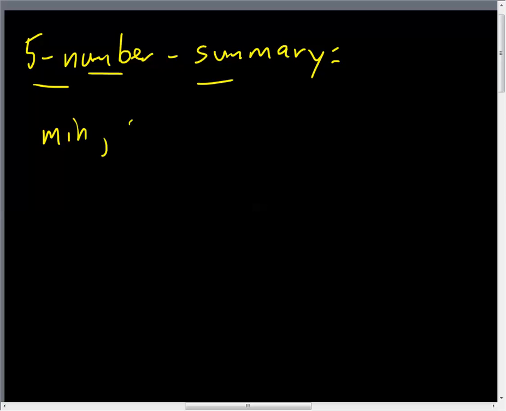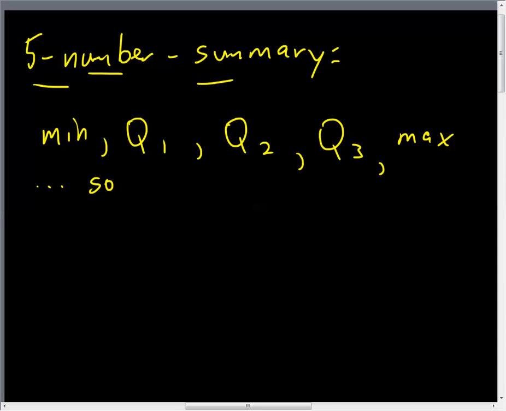All the 5-number summary is the 3 quartiles, Q1, Q2, Q3, which we can easily calculate as percentiles, along with the min and max value tacked on top and bottom. Right? So we've already computed a 5-number summary, haven't we? Well, essentially. So for the movie data, the 5-number summary